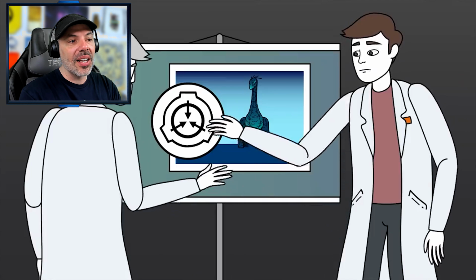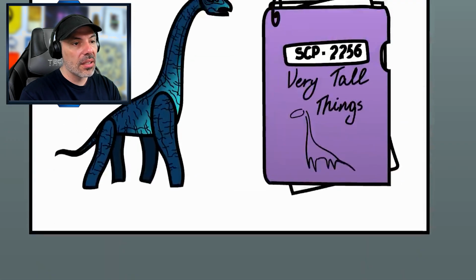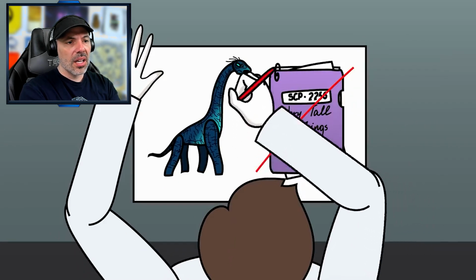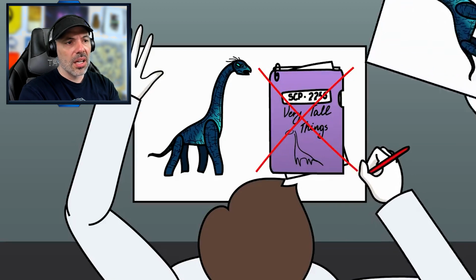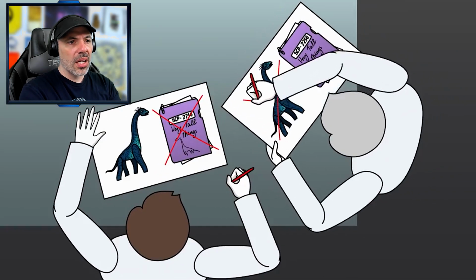The field generator fell into disuse after this discovery was made. Foundation researchers began to hypothesize that their ongoing research into the species was the very thing causing it to slowly decline. If this hypothesis was true, two potential options were floated. The first was to expunge all the data in the hope that it would return things to the status quo and protect SCP-2256. The second option was exterminating SCP-2256, which it was theorized would stop the erasing and fading process